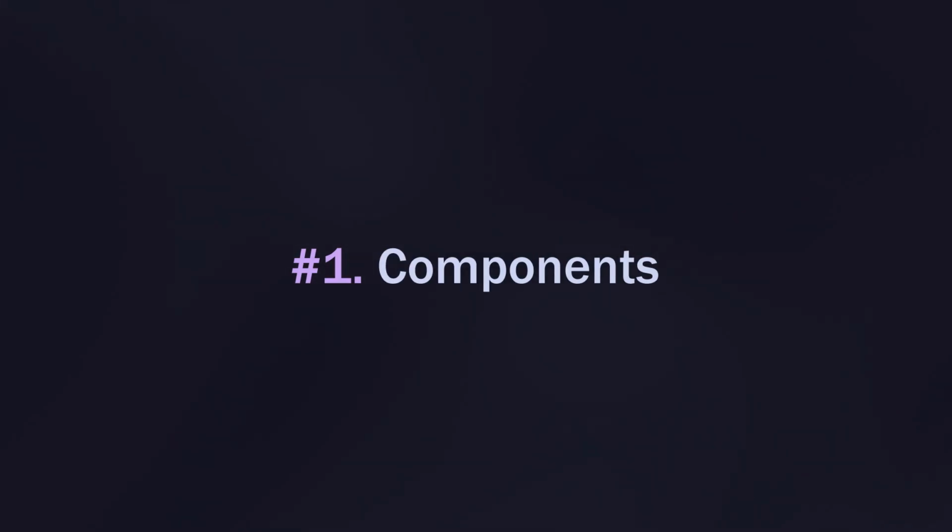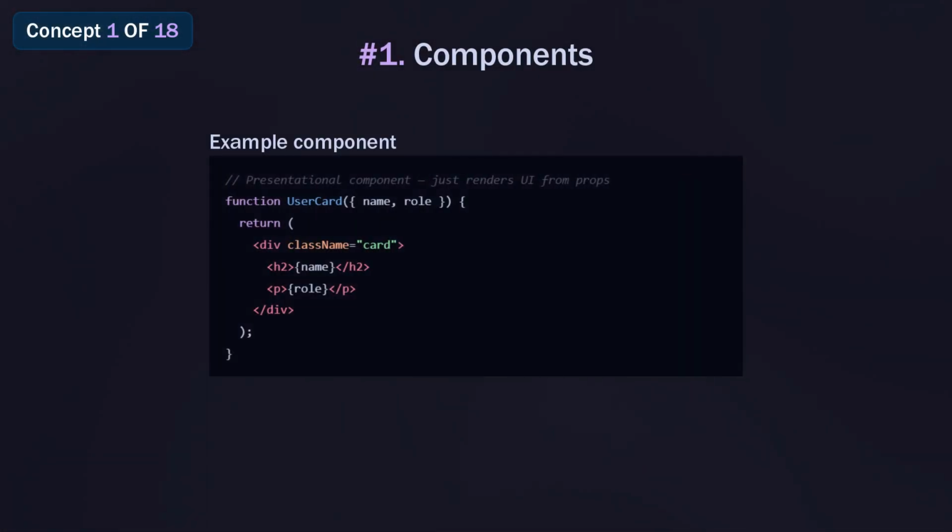Components. Everything in React is a component. A component is a JavaScript function that returns JSX, a reusable self-contained piece of UI that can have its own logic, its own state, and its own styling. Modern React uses functional components exclusively. If you're looking at a code base that uses class components everywhere, it's either legacy code or it hasn't been touched